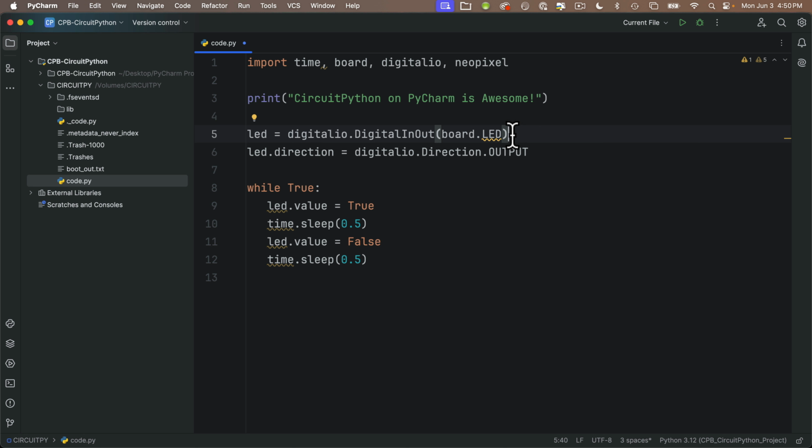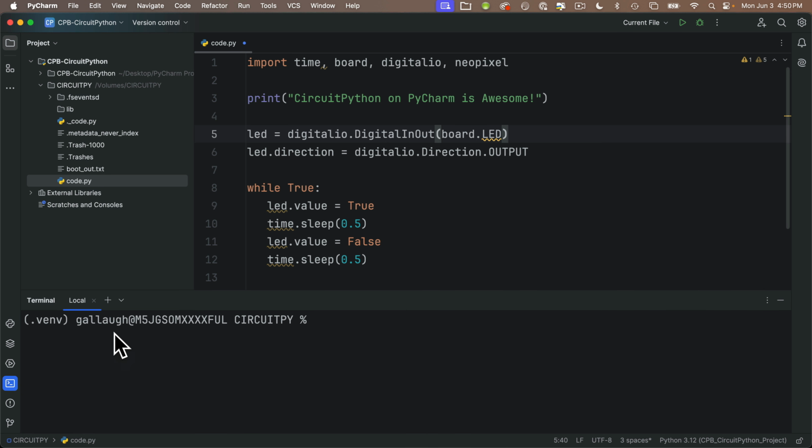But I'm using a Circuit Playground Bluefruit, so I should be able to use that. Now, the board library and its capabilities vary depending on which board is used, and the way that we can tell PyCharm which board we're using is to open up the local terminal. That's this icon on the left-hand side. It looks like a little square with a chevron or greater than symbol inside of it. Click that, the terminal opens up, and here we just enter the command